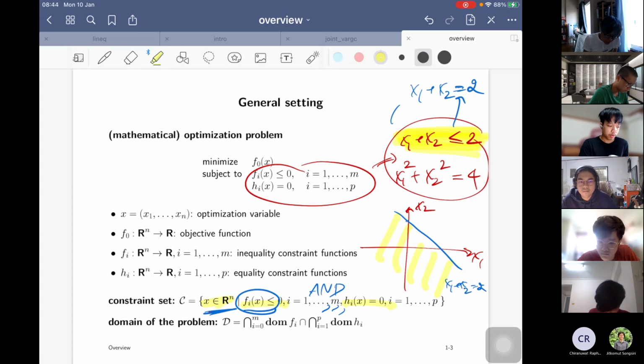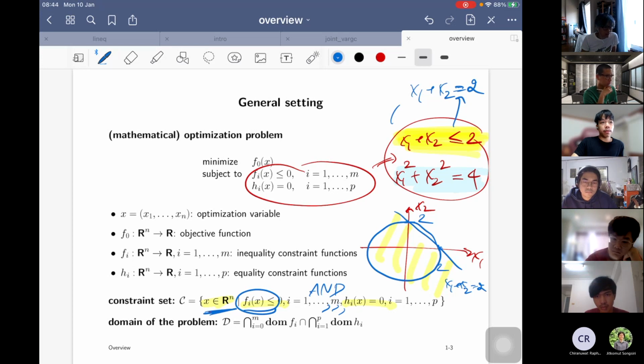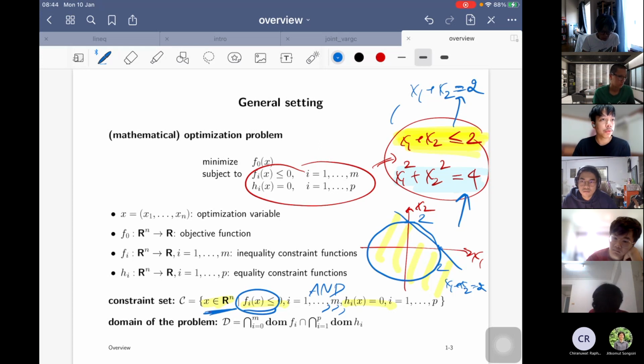Now, how does this equality constraint look? It is a circle with radius of 2. But where is the region of those x that satisfy this equality constraint? Is it on the circle, inside the circle, or outside the circle? On the circle. So basically, the constraint set at the end with this example, the set C, is